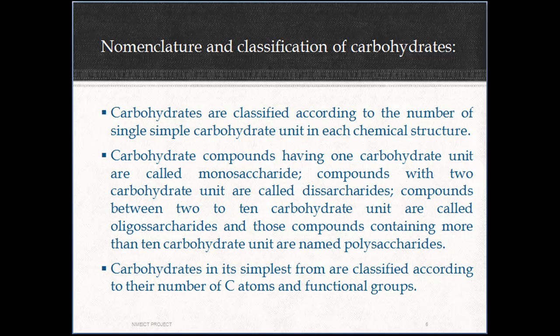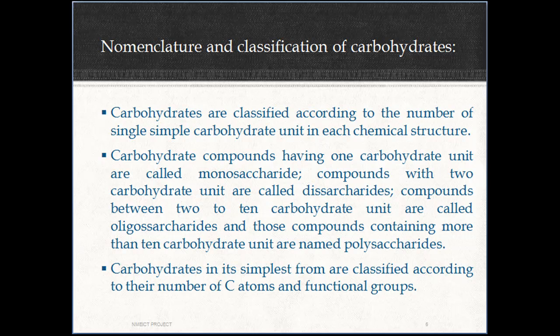Carbohydrates are classified in many different ways. Firstly, we'll see that carbohydrates are classified according to the number of carbohydrate units in each chemical structure. When carbohydrate compounds have one carbohydrate unit, they are called monosaccharides. Compounds with two carbohydrate units are called disaccharides. Compounds between 2 to 10 carbohydrate units are called oligosaccharides, and those compounds containing more than 10 carbohydrate units are